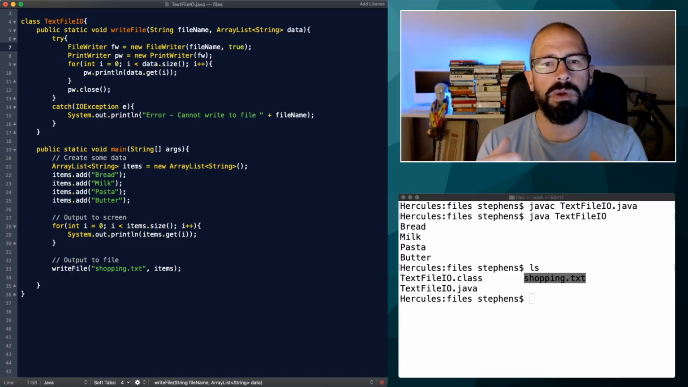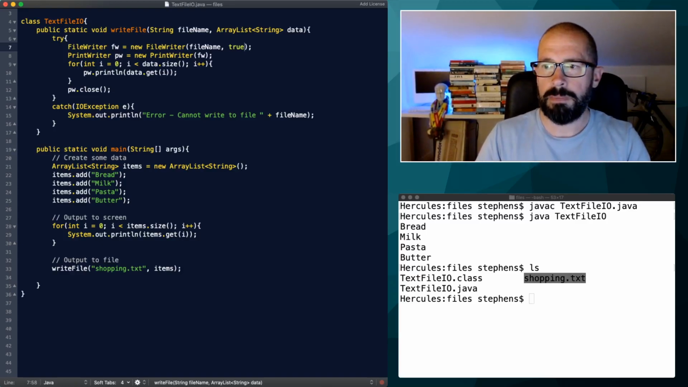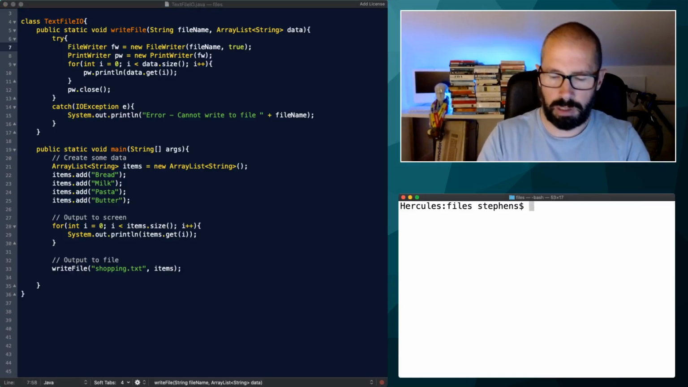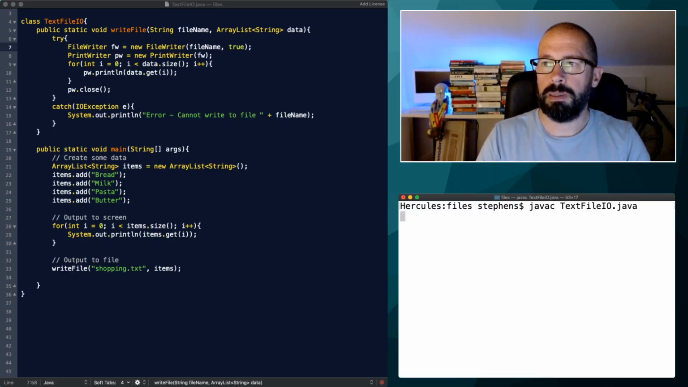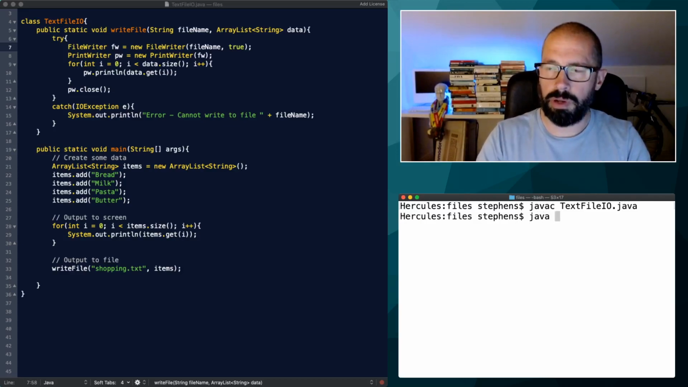Okay, so if we run our program again with this new parameter set to true, we should get a duplicate shopping list. We should see those items appear again in the shopping list.txt file. So let's save that, and we'll go out and recompile the program, because we've changed the code. So I'm going to recompile the program, and okay, we'll compile it there, and I'll run it again,